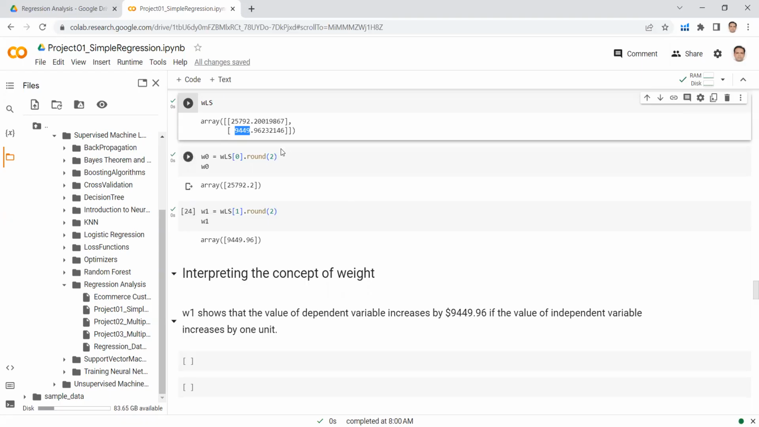So weight is the quantity which establishes the linear relationship between the independent variable and the dependent variable. This is what we learn in the definition of a linear regression. So here the linear relation has been established, and this relation is established by a weight. This value of weight is saying that if we increase the value of the independent variable by 1 unit only, then the dependent variable will be increased by